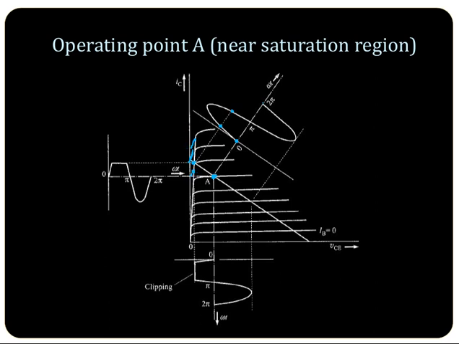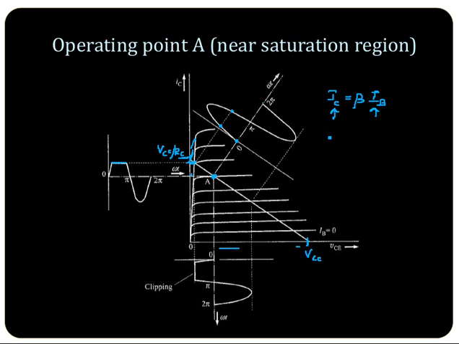You can see the IC value is getting clipped here, as IC is beta times IB. As IB increases, IC will increase, and this increase in IC will reach this value. Beyond this value, IC won't increase. IC will be limited here. The biasing is fixing this load line, and this is VCC by RC, and this is VCC.